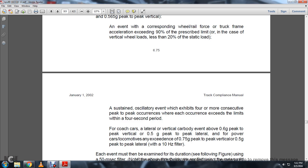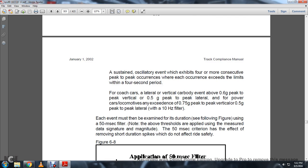A sustained oscillatory event which exhibits 4 or more consecutive peak-to-peak occurrences, where each occurrence exceeds the limits within a 4-second period. For coach cars, a lateral or vertical car body event above the peak of 0.6 G's peak-to-peak vertical and 0.5 peak-to-peak lateral. For power car locomotives, exceeding 0.7 G's peak-to-peak vertical or 0.5 peak-to-peak lateral within